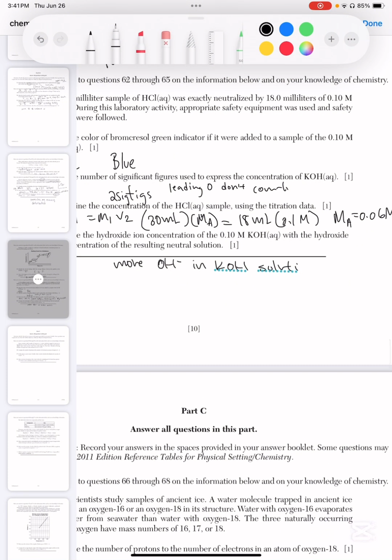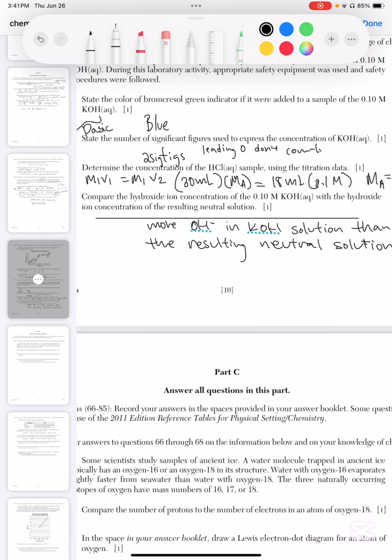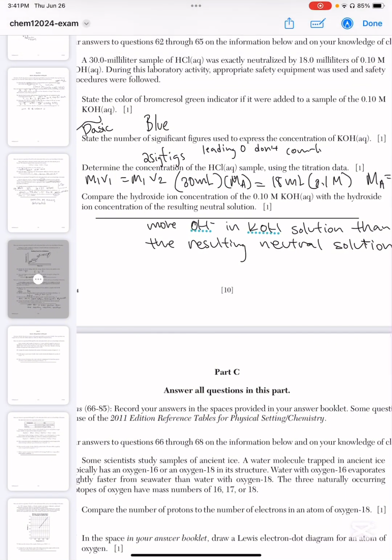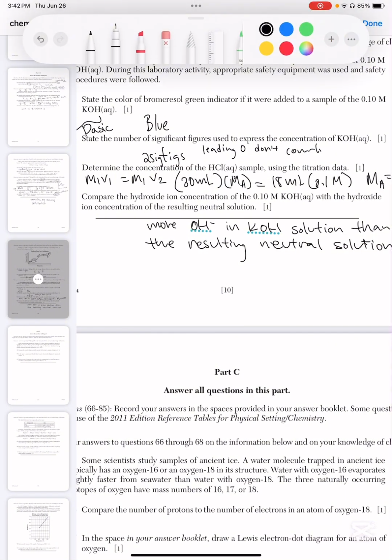More in the KOH solution than the resulting neutral solution. Why? That's because the resulting solution is neutral, silly goose. The original one is a basic solution, since we already said that it would be blue and brown crystal green, right? Actually, being blue and brown crystal green doesn't say much because as long as you're over 5.4, you're blue. But anyways,